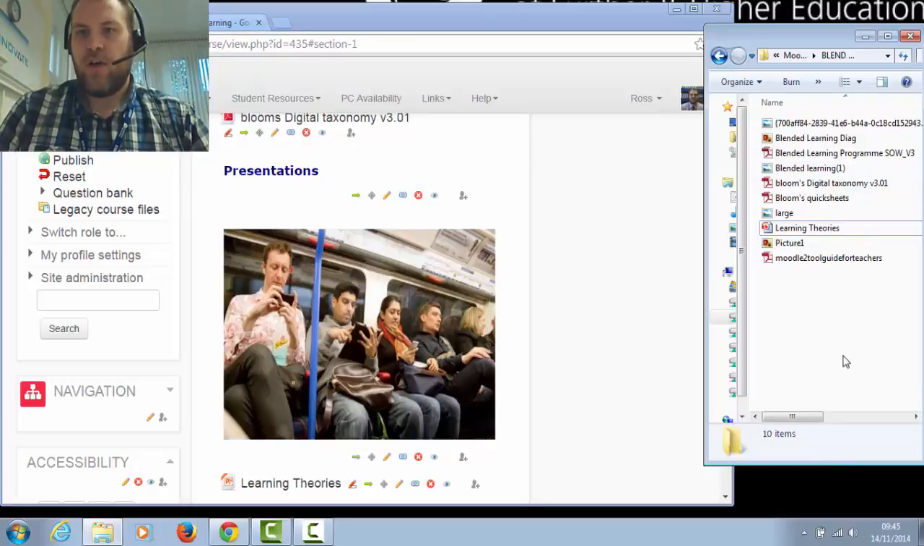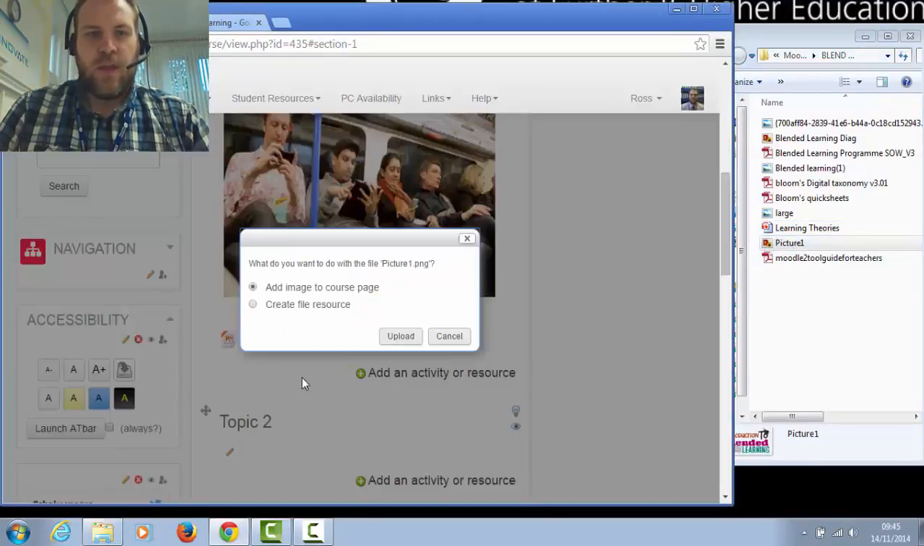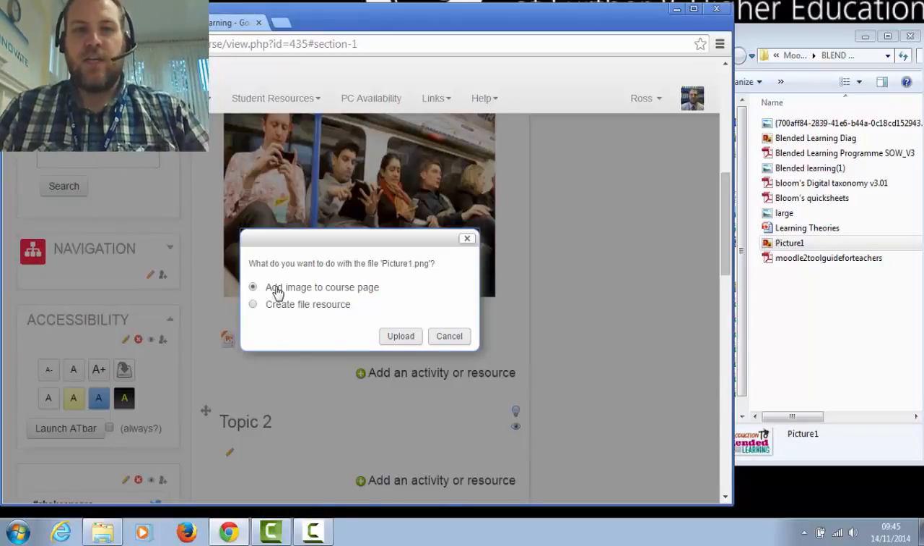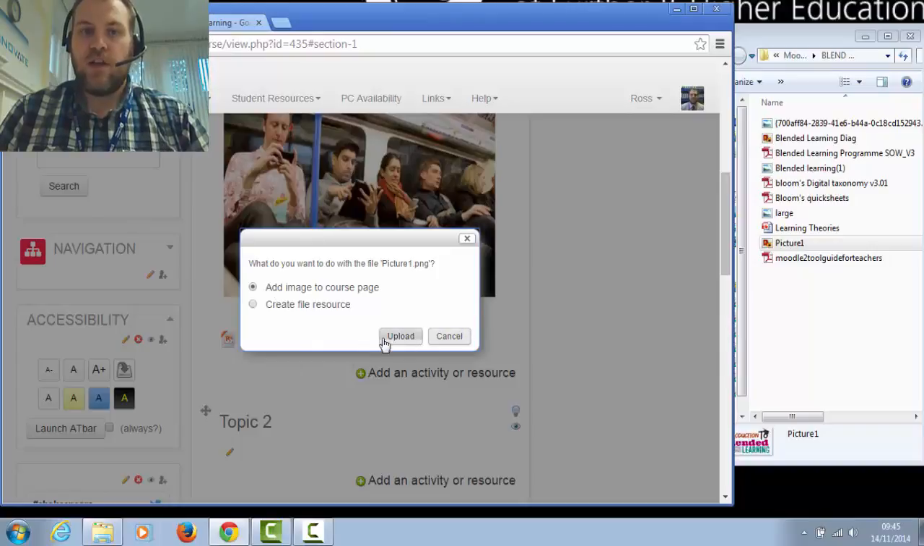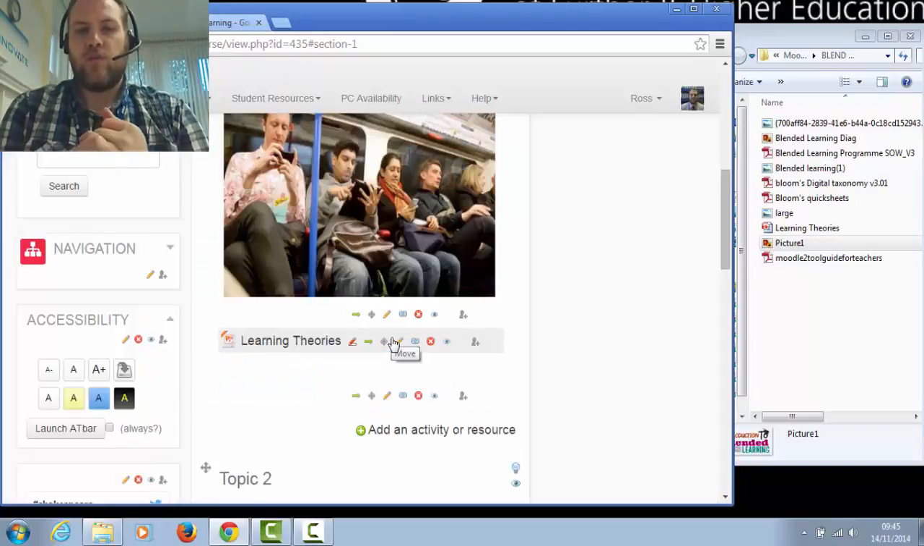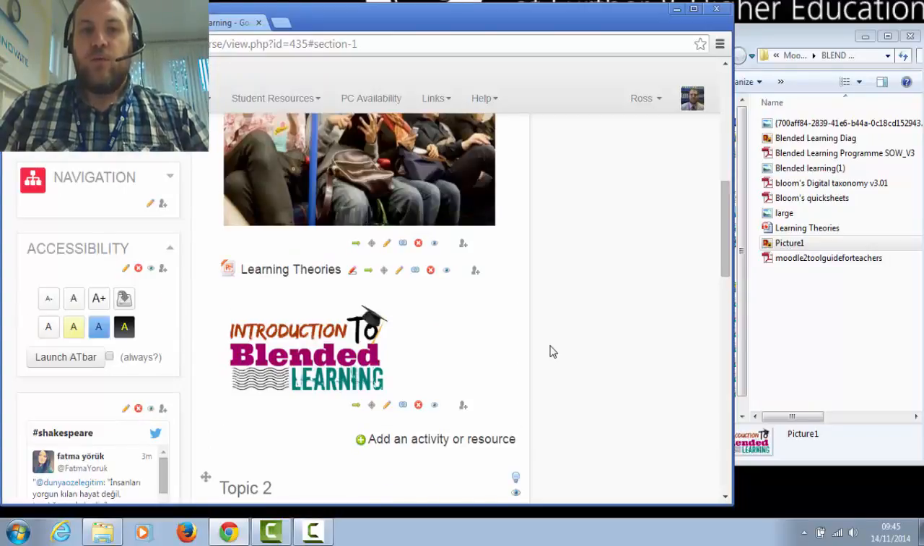Okay, so we can add images directly into the page without having to go through the label function. So here I have my documents from earlier, and I'm going to drag and drop this picture. And it gives me the two options. So I can either add the image to the course page or the file resource. In this instance, we want to add the image to the course page. And when we click upload, it will automatically embed that picture directly into my Moodle page, which is really good